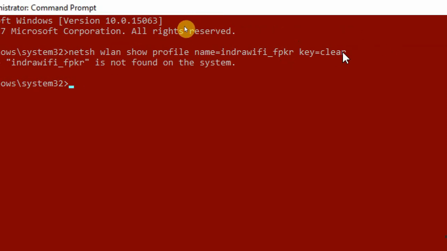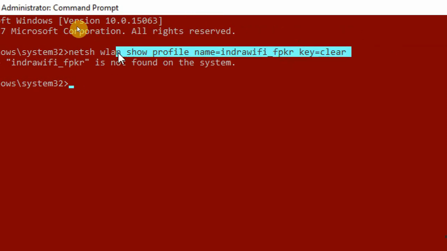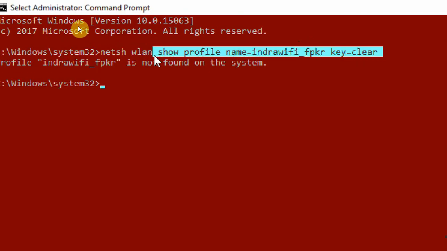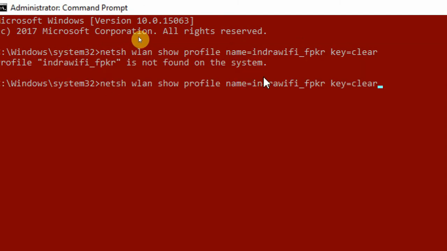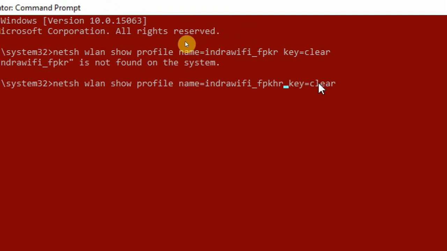Let me copy all of this again with Control C and paste here with Control V, and let me go here to correct the Wi-Fi name: FPK and then Azar, and let's hit enter.